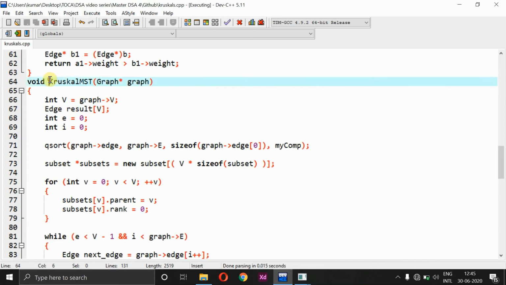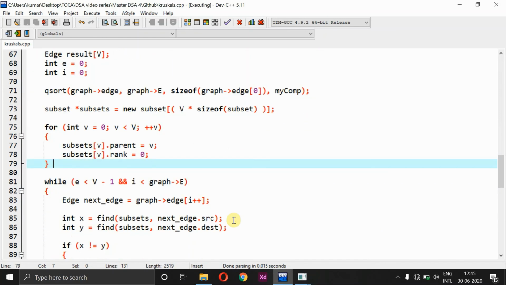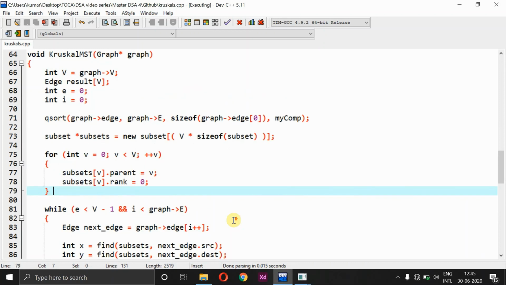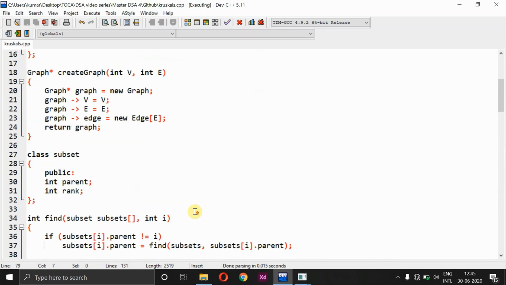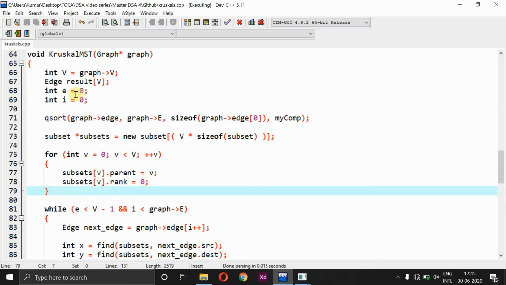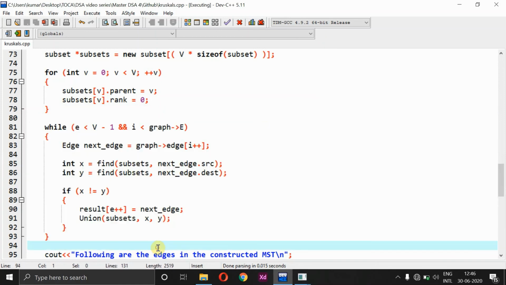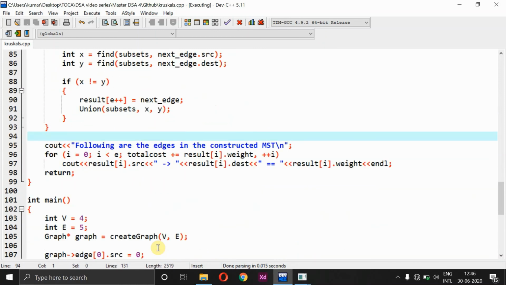And Kruskal MST, so this is the part where the entire logic has been implemented. I'll suggest you to have a paper and a pen to note down the entire code and just see how it actually works. So we also have a sorting procedure over here. Whenever the sort procedure is called, it will try to sort out the entire graph, right? It will sort out the entire graph according to which the weights are arranged in ascending order, right? So that is why we are using qsort over here. And again we'll go with the subset method, followed by which we will be traversing through each and every edge, right? So this is how the program logic actually works.